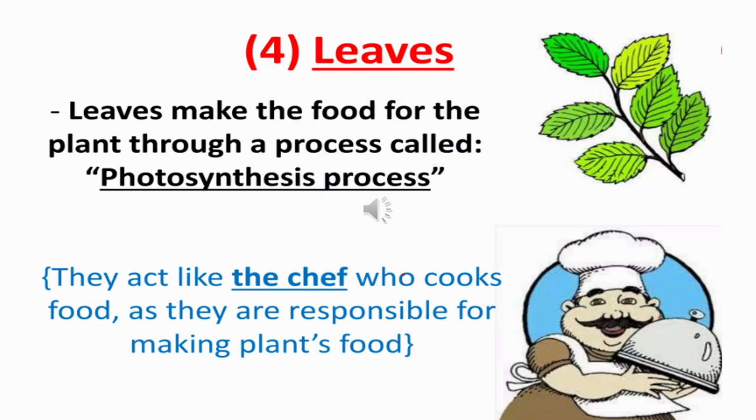Next, we will look into leaves, which actually make the food for the plant. And this process is called photosynthesis. Photosynthesis only happens in the leaves because they contain the green pigment called chloroplast. Okay,